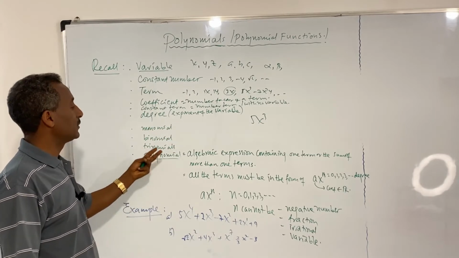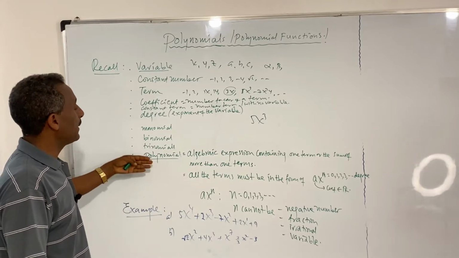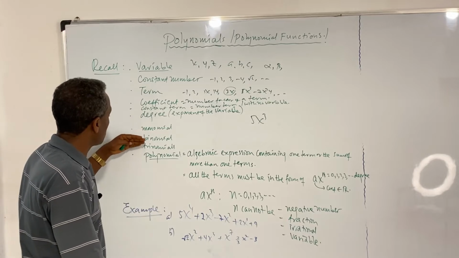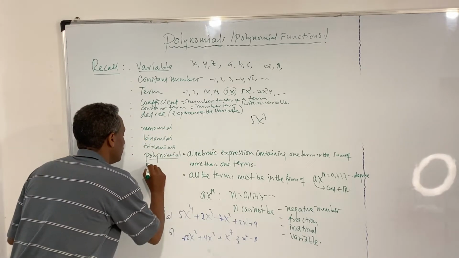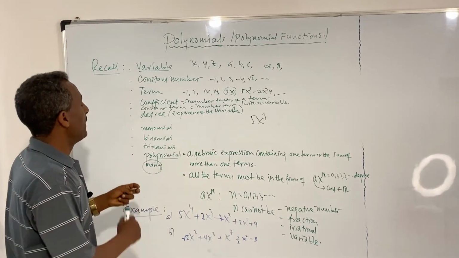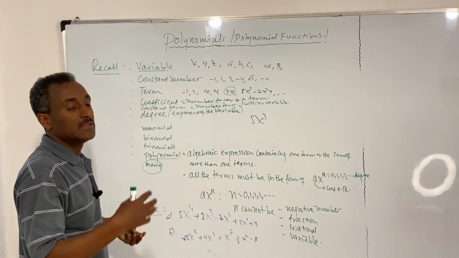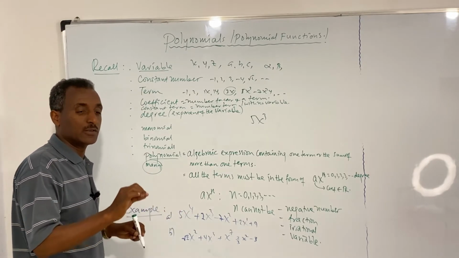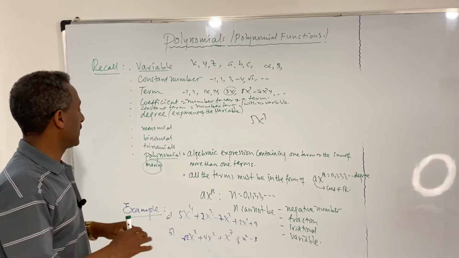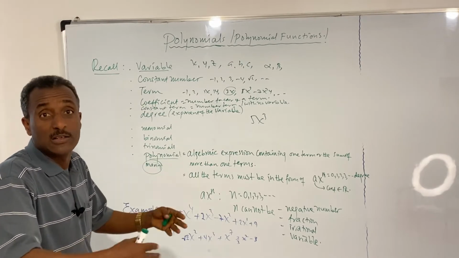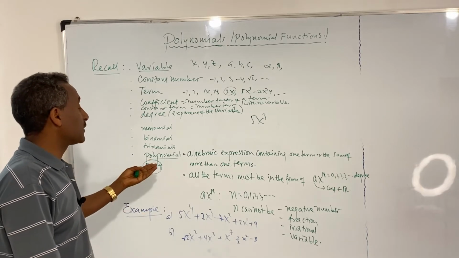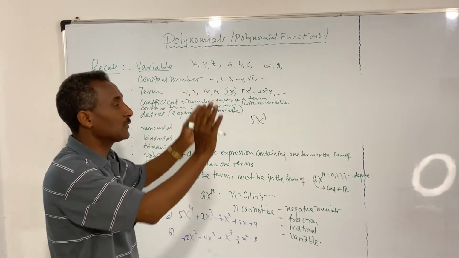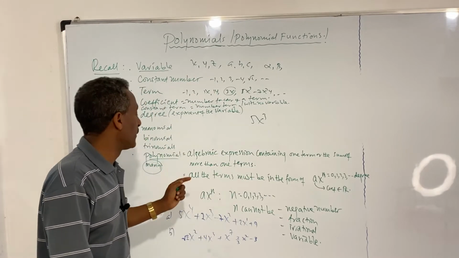Trinomial is the sum of three terms. Then it continues, so polynomial is the continuation of this: monomial, binomial, trinomial. Poly means many, so many terms, the sum of many terms, a chain of terms connected with plus and minus, is called a polynomial or algebraic expression. So an algebraic expression containing one term or the sum of more than one term is a polynomial, provided that all the terms